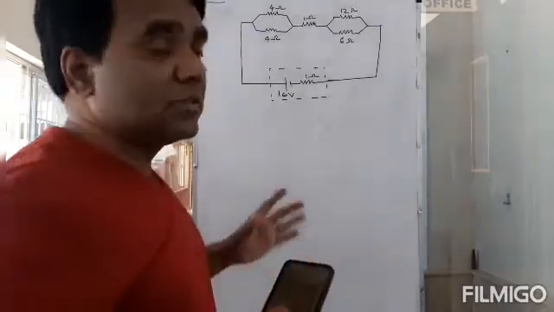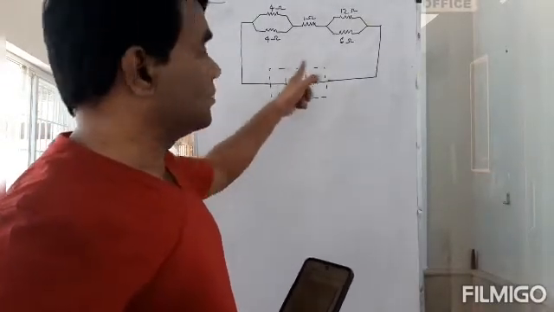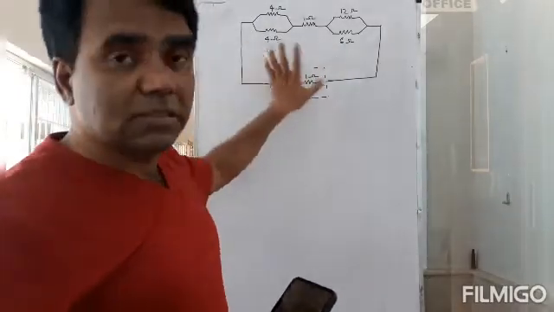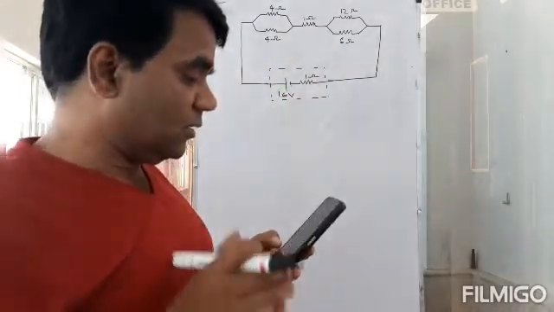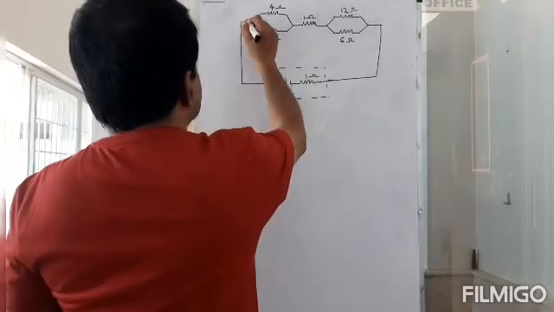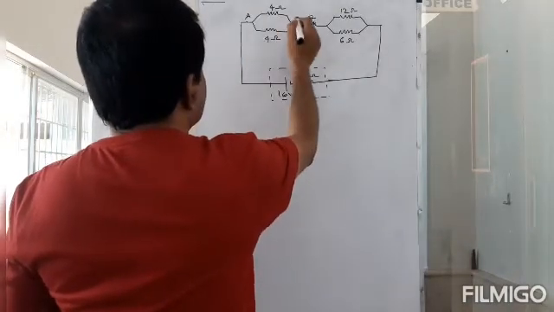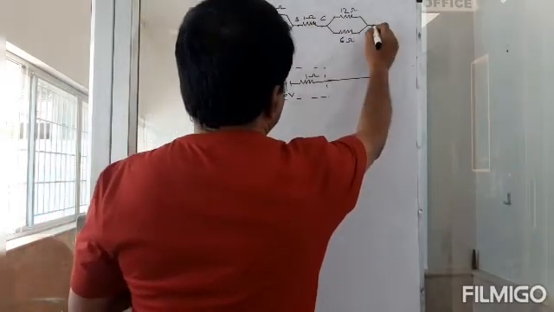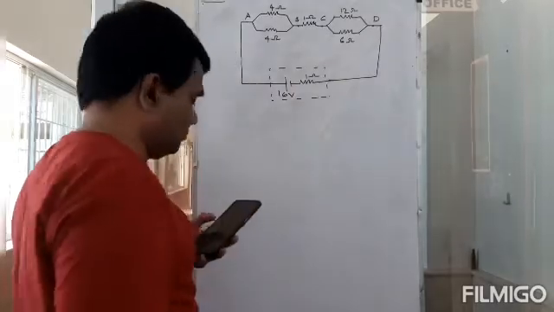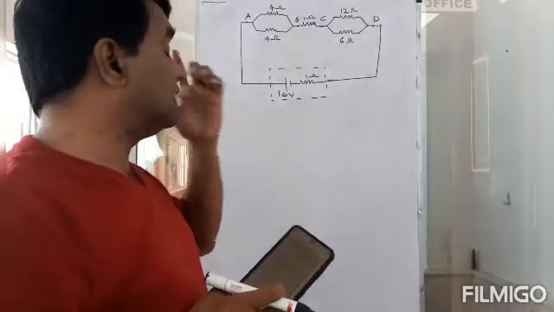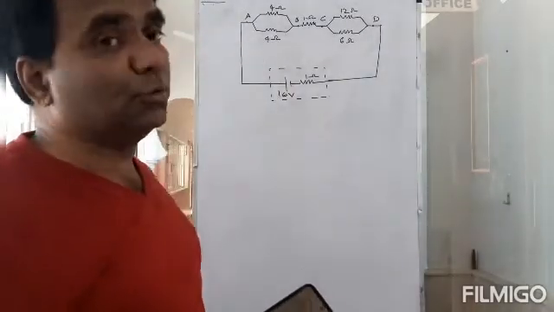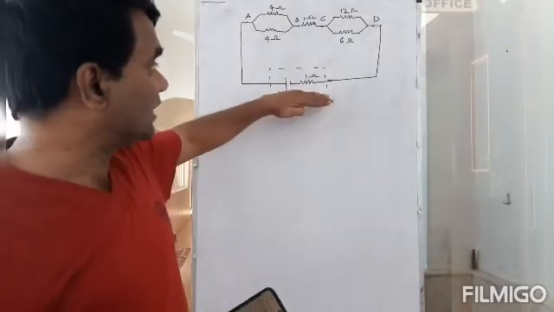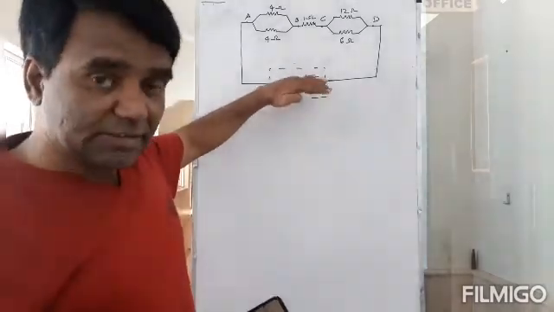See, they have not given you this dotted box, but I have given you the dotted box because you need to understand that this is the battery. So this point is labeled as A, this point is labeled as B, this is labeled as C, and this is labeled as D now. So they want you to find the equivalent resistance of the network. See, when you calculate the equivalent resistance of the network, you should not be including the internal resistance of the